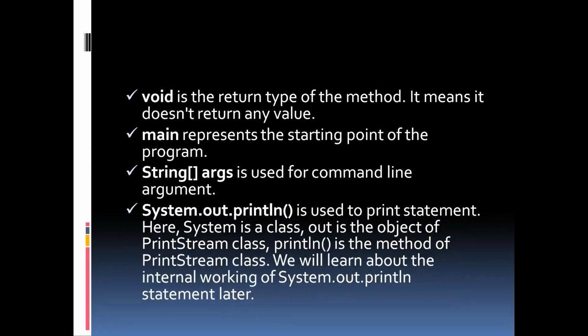When it comes to void, in Java every method has a return type. The void keyword tells the compiler that the main method does not return any value. The main method has a default signature which is predefined in the Java virtual machine. It is called by the JVM to execute a program line by line and end the execution after the completion of this method. We can also overload the main method.